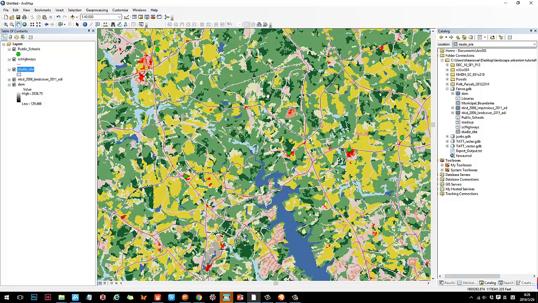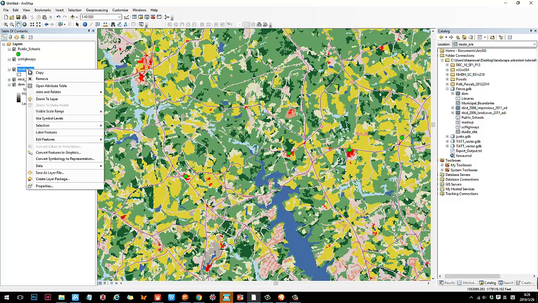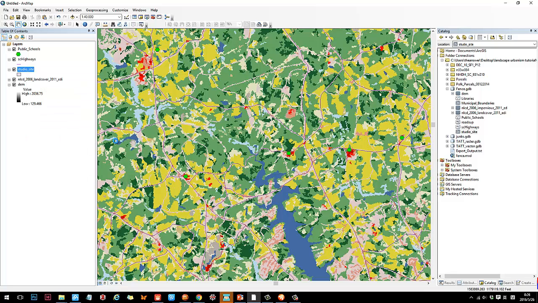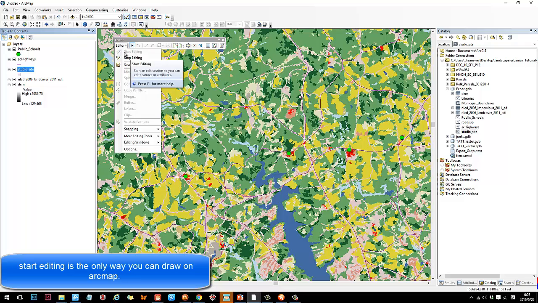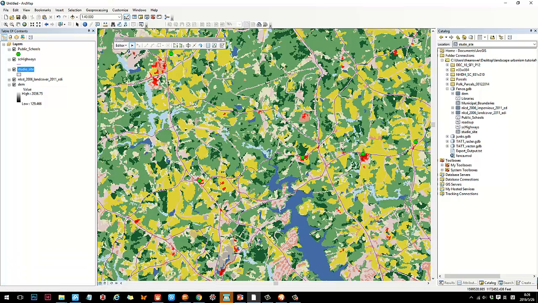So how to do that is, after you create a feature layer, you just right click the layer, and there's this one called edit feature, and then you can start editing. So when you start editing, there is like the toolbar here. You see start editing is gray. That means right now we are in the state of start editing, and there's some tools in here